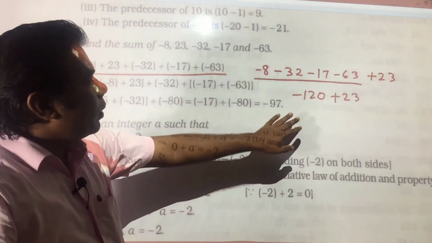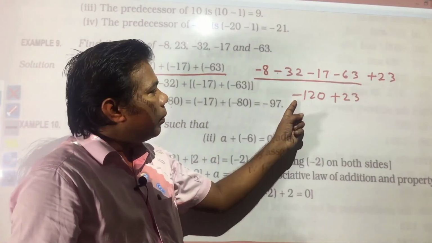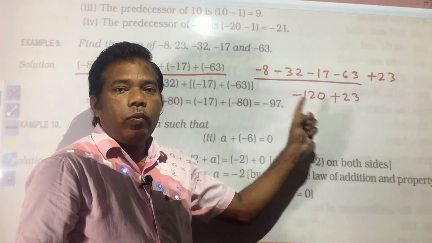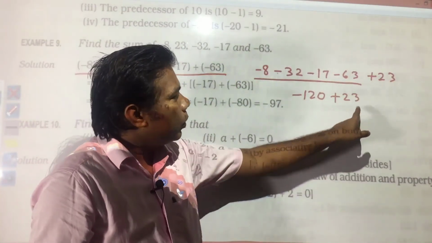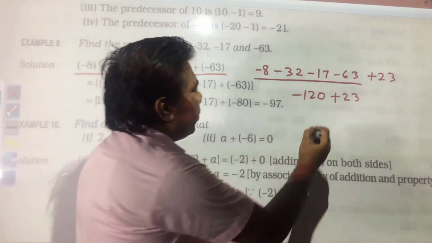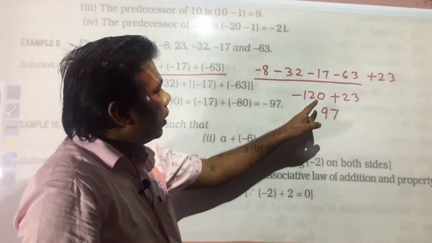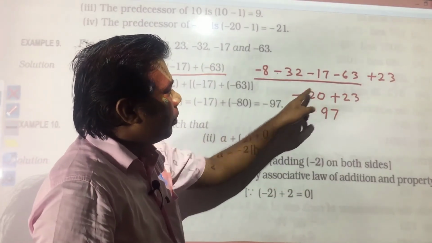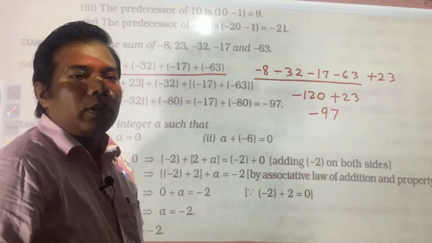Now you see, if you subtract, just see what we have learnt just now. If unlike signs are there, we need to subtract the smaller number from the bigger number. You need to subtract 23 from 120. So if you are subtracting, you will get 97. Now which sign will you have? Your sign will be of the bigger number, it means minus. So your answer will be minus 97.